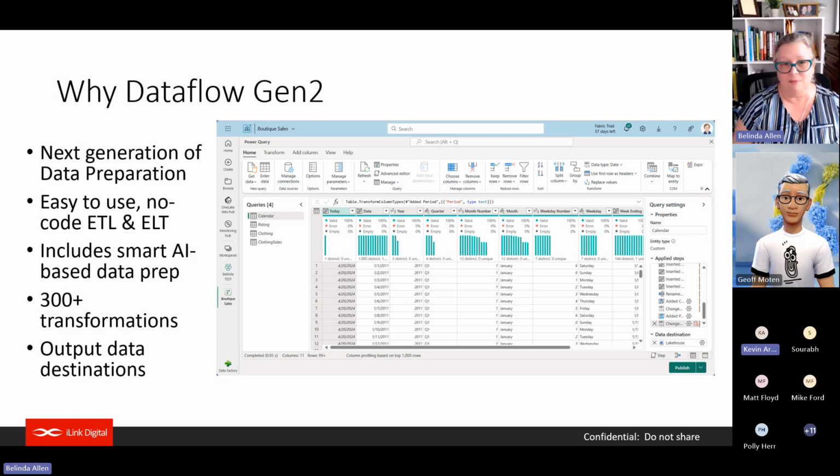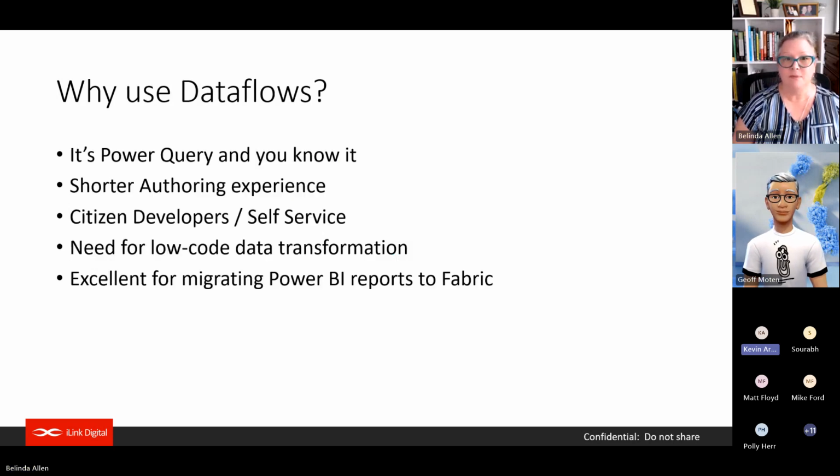And I would even add, on what you were saying, if you're already using data flows even in Pro, then you pretty much know 90% of the Dataflow Gen2 that you're covering here.